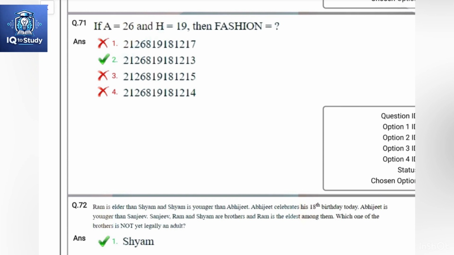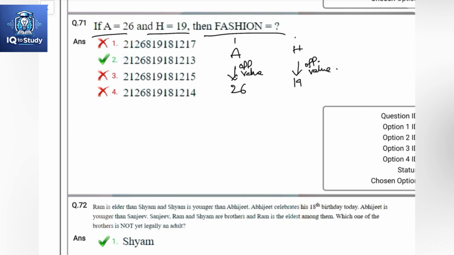If A is equal to 26 and H is equal to 19, then FASHION becomes what? Here A is given as 26, means it's the opposite value of 1, and H is 19, which means it is also the opposite value. Similarly, FASHION can be written as,